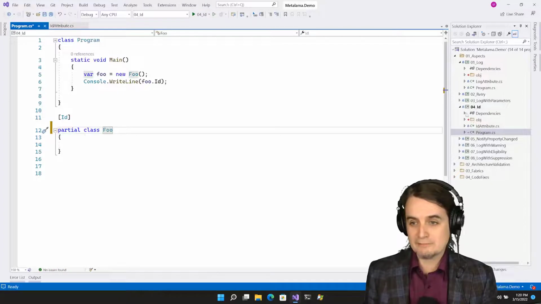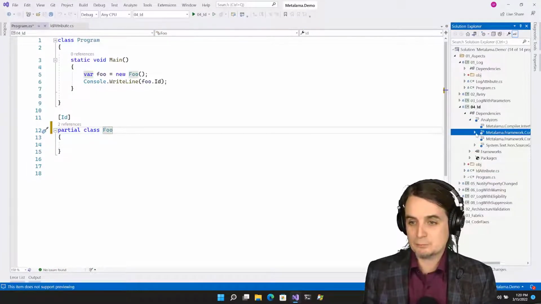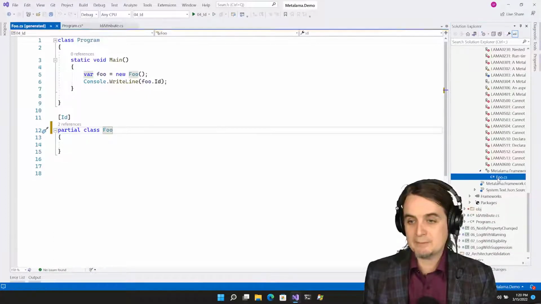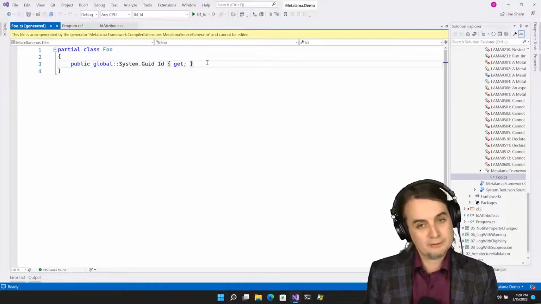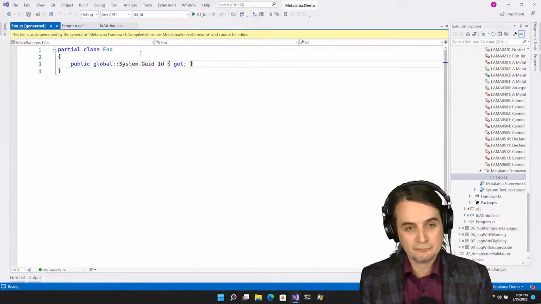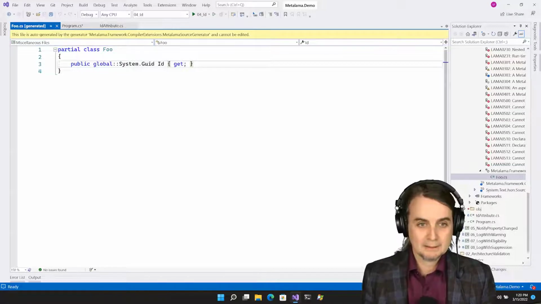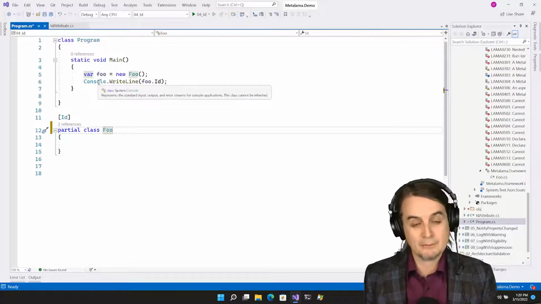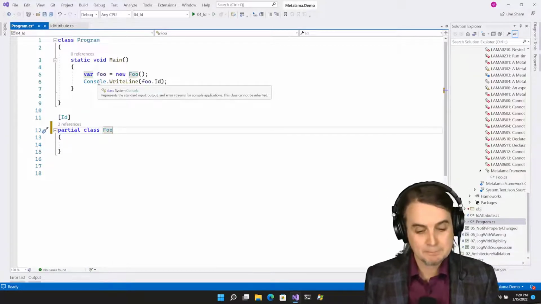Because when the class is partial, then Metalama can integrate with source generators and emit another part of the partial class here with the property. You see here that the property is not initialized in the design time file, because most of the time you do not need the implementation of anything at design time. You only need the declaration.